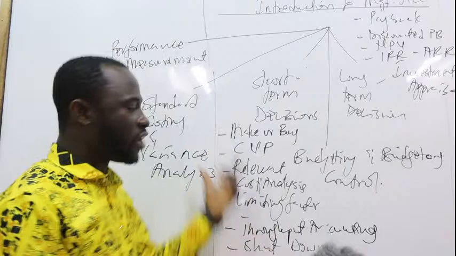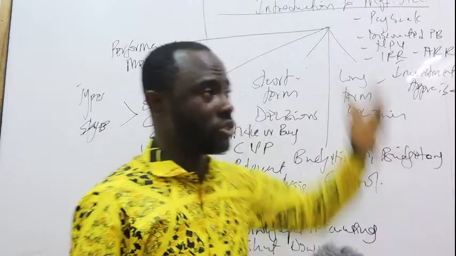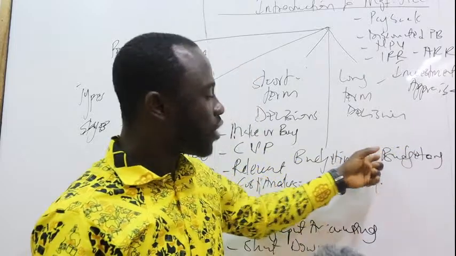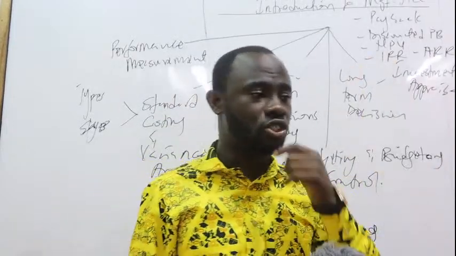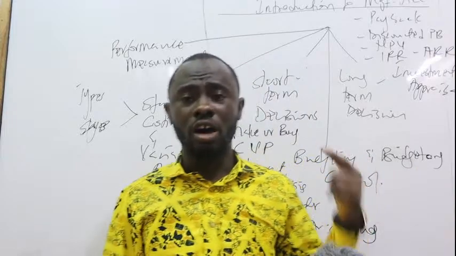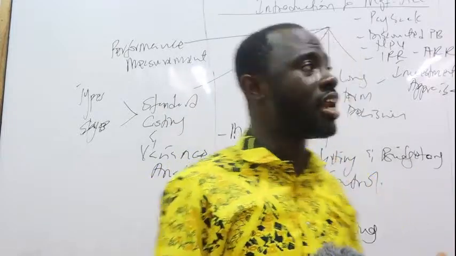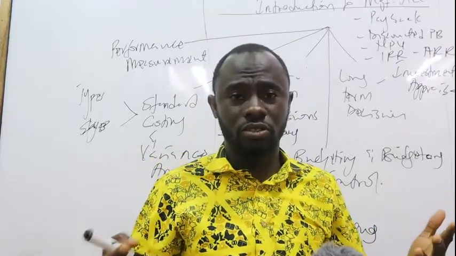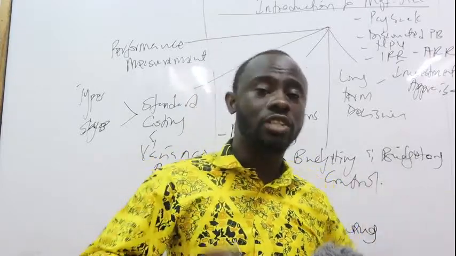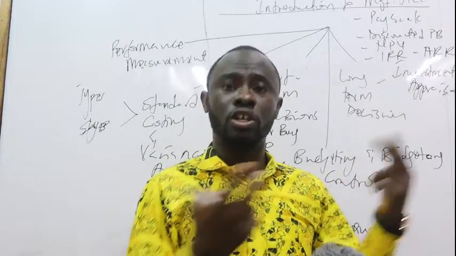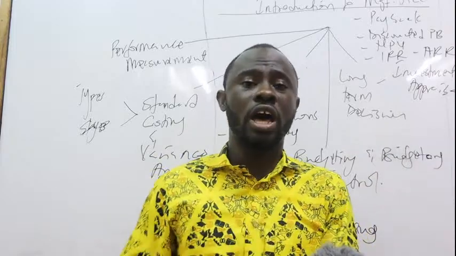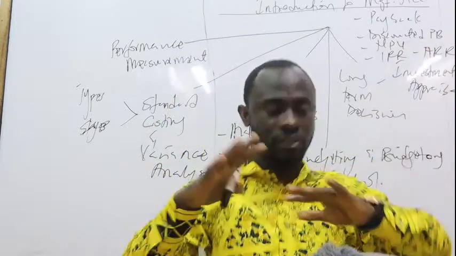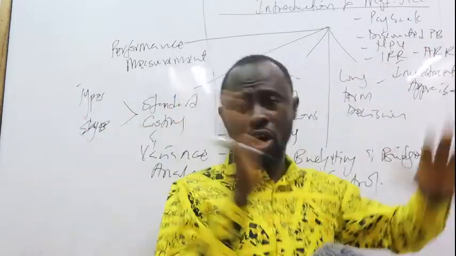Now, immediately you finish with standard costing and variance analysis, because standard costing helps us in preparation of the budget, we come to budgeting and budgetary control, a very critical area of the syllabus because of the fact that it's the fundamental role of the management accountant. The management accountant is there to, among other things, do two things: to control costs as well as to reduce cost of the organization. Now, remember, we will deal with these things in a moment. Cost control and then cost reduction, right?